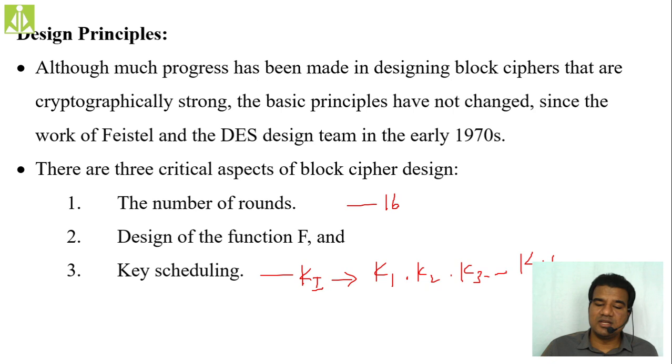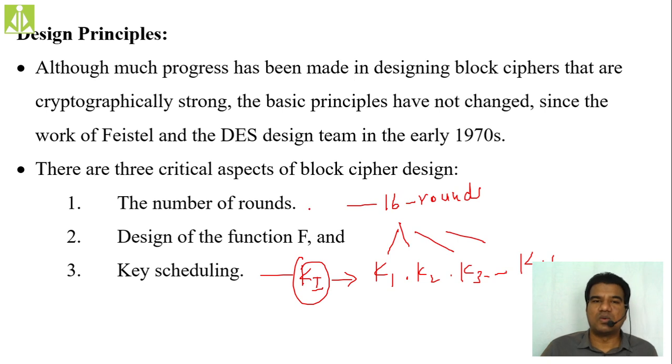Okay, we generate 16 keys, and each round, because we are having over here how many rounds, 16 rounds, so in each round we'll utilize one key from these subkeys. So we are not going to use this selected key as it is. Rather, from the selected key, we are getting the subkeys, each for one round. And likewise, if you are performing 16 rounds, how many keys we need? 16 keys we need. And this encryption mechanism, this function f, will be applied 16 times on this plain text. Okay, so very soon you will see in detail.